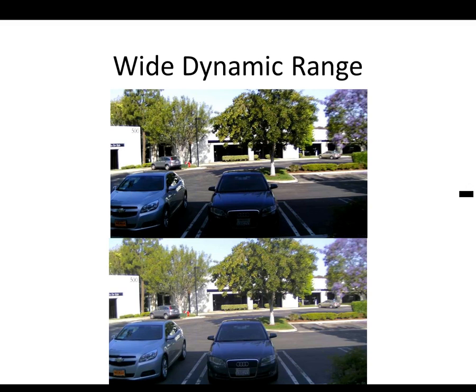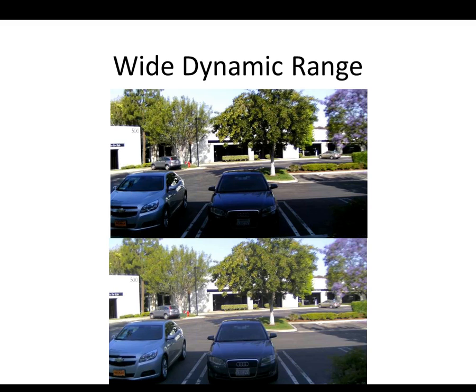Then we have situations where we would need wide dynamic range, such as in front of a glass window, in front of a doorway where the sun shines through. In this case, we have another application for it where there are shadows. Because the camera has to compensate for the majority of the image, which is the background,